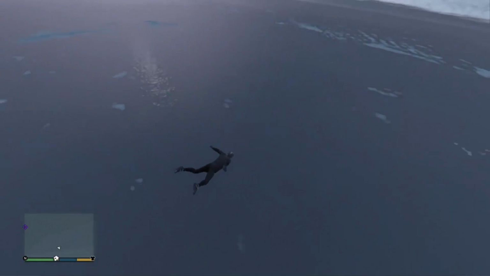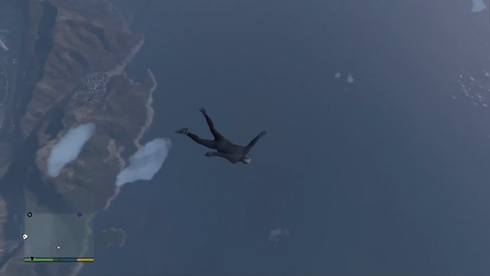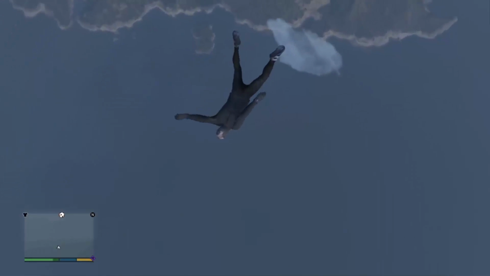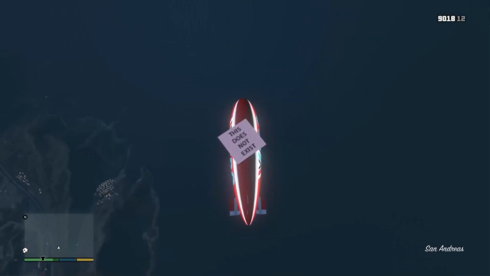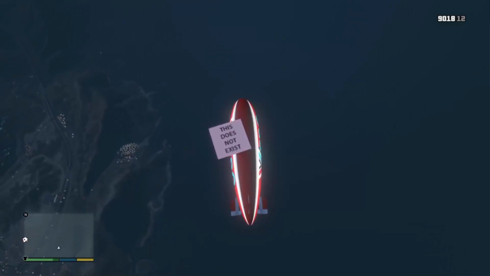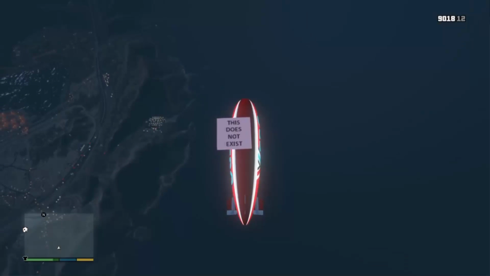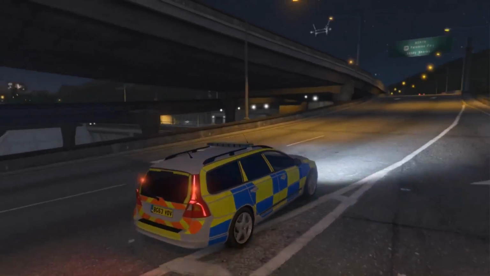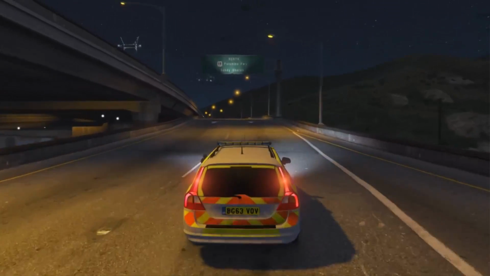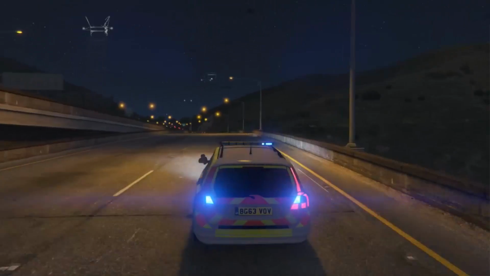thinking, well, maybe it was just a glitch earlier, maybe it just doesn't want to appear today, and I thought it wouldn't appear with the blimp again, but lo and behold, it appeared. So I went and looked at it and thought, okay, well, you obviously do need the blimp to actually come and see it. And then I thought, well, this square is actually called HW1 blimp, so what the hell is